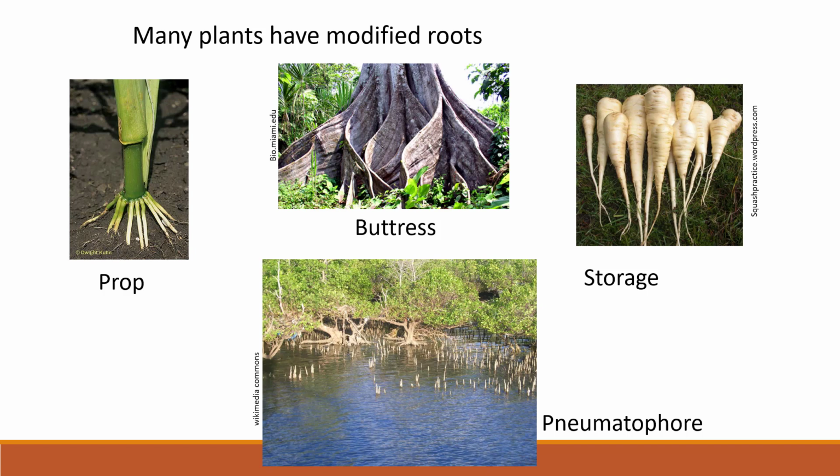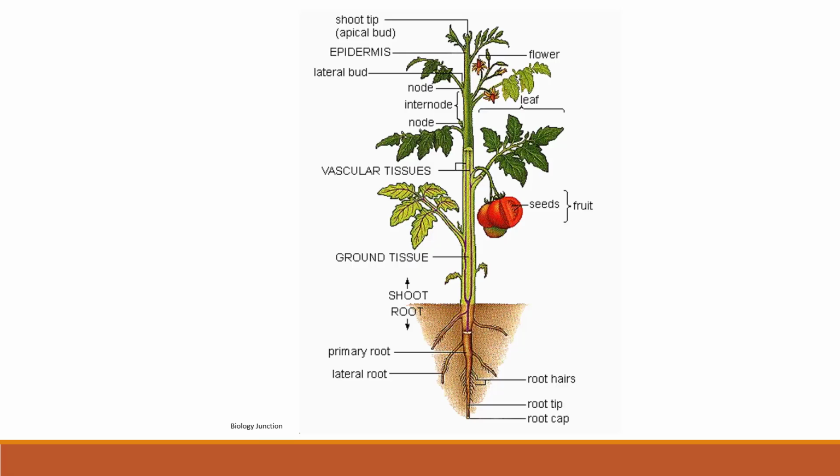Buttress roots are aerial extensions of lateral surface roots and form only in certain species. They stabilize the tree, especially in shallow, saturated water, and keep the plants from toppling. And they're most common in tropical trees of wet lowland environments. And again, here's our roots and shoots, and we're going to move on to the shoots in the next presentation.